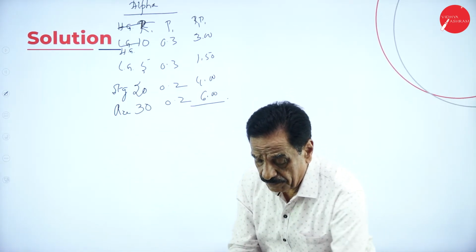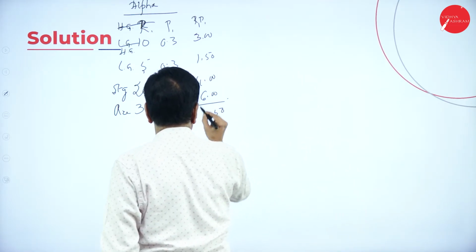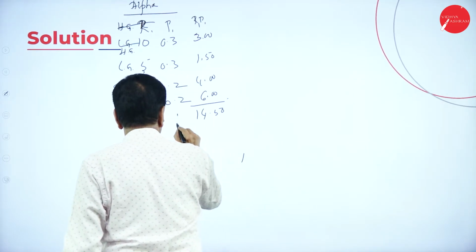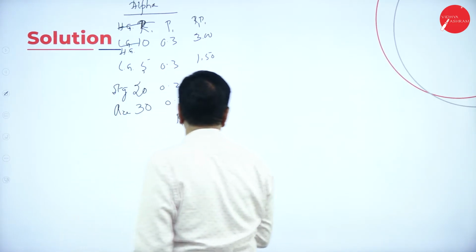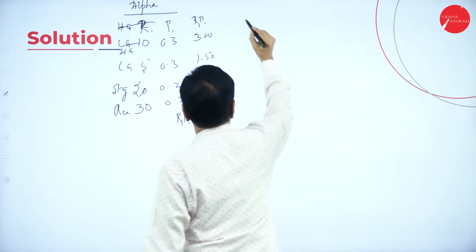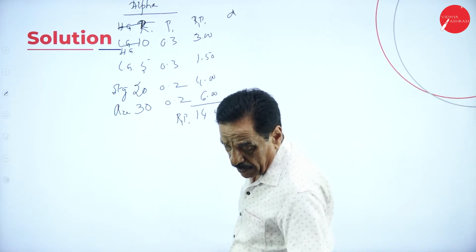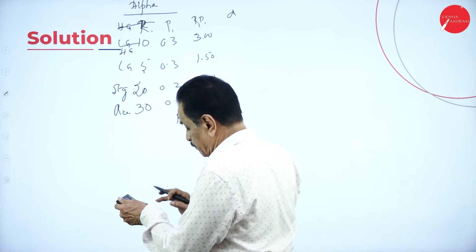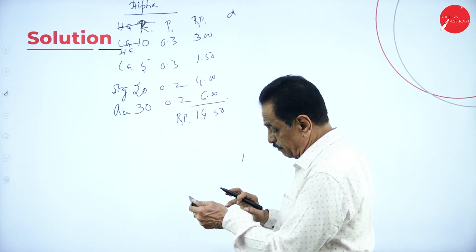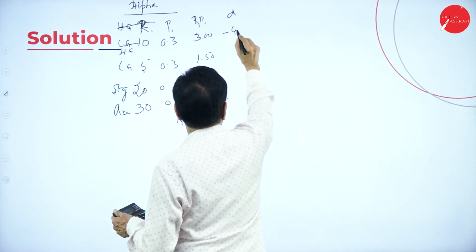Add the figure. This is 50, 14.50. R1P1 is 14.50. Take the deviation to the base. 10 minus 14.50, 4.5 minus, 4.5,